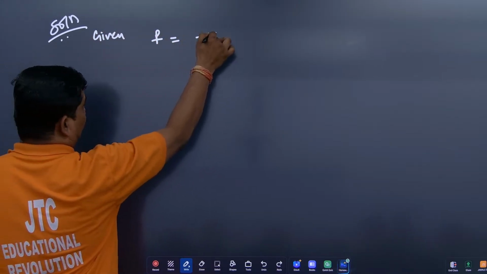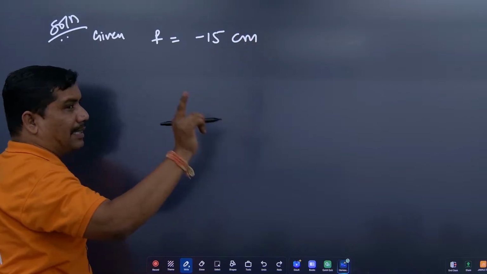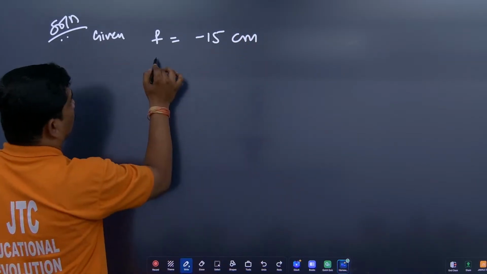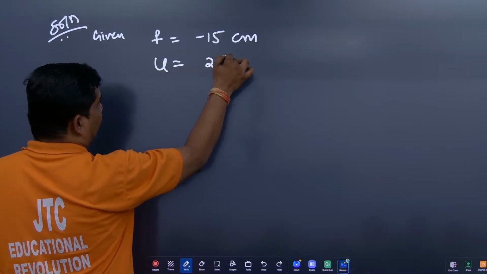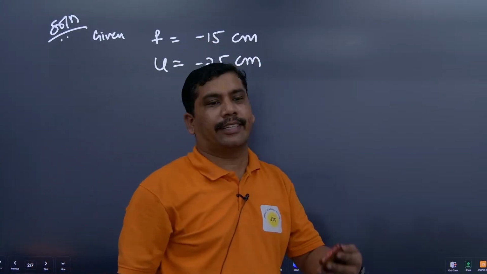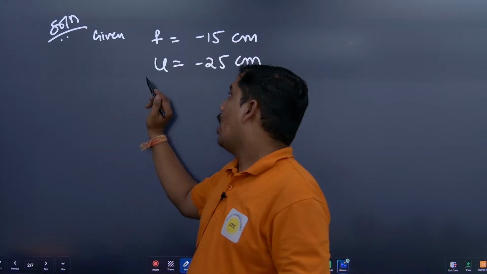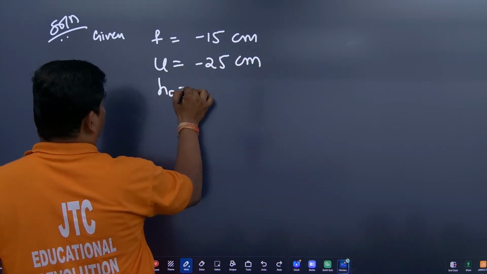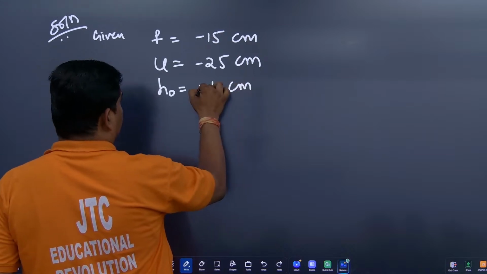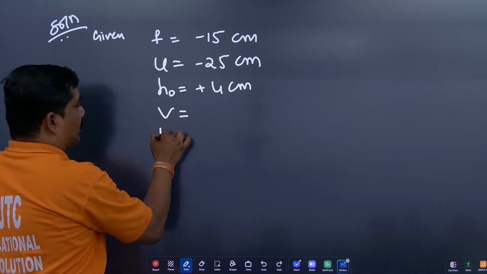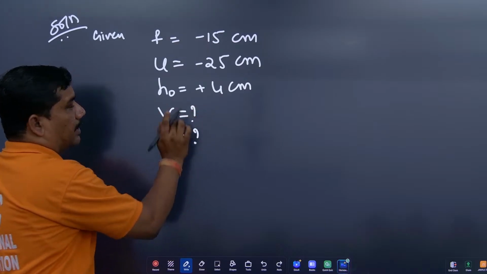फोकल लेंथ कितना था स्टूडेंट, 15 था, बट साइन कन्वेंशन के कारण -15 लिखेंगे, राइट। ऑब्जेक्ट डिस्टेंस कितना था, 25, बट साइन कन्वेंशन के कारण मैं इसे माइनस लिख रहा हूं, राइट। और इसके बाद क्या दिया उन लोगों ने, हाइट ऑफ द ऑब्जेक्ट 4 सेंटीमीटर, बट इसे प्लस मानेंगे। और ये दो चीजें हमें फाइंड करनी हैं, क्लियर है, राइट।